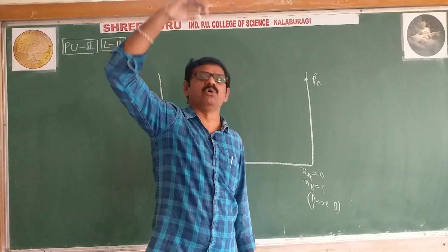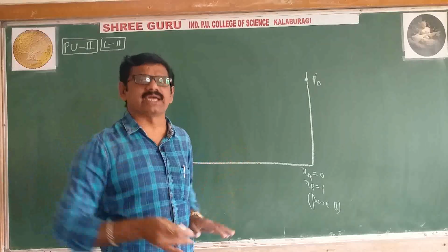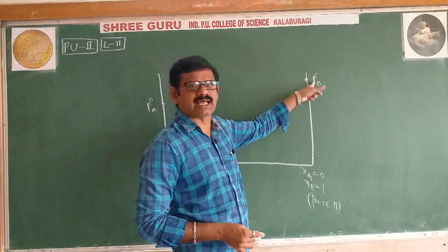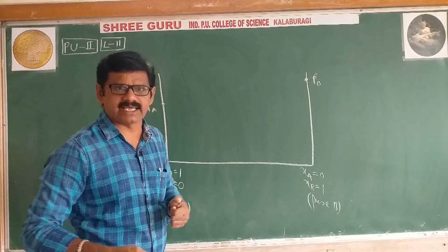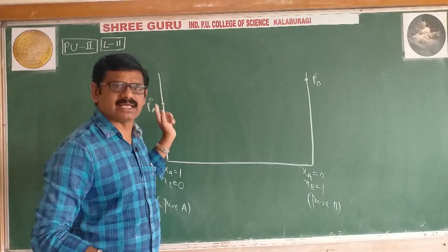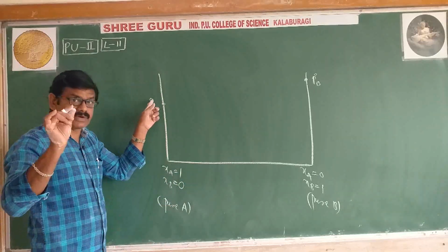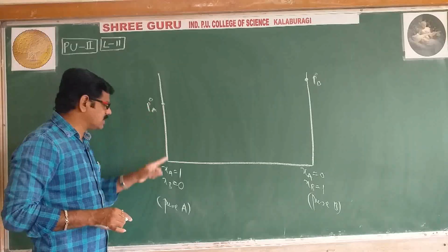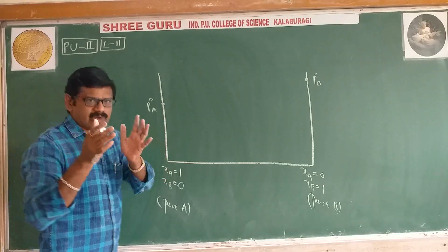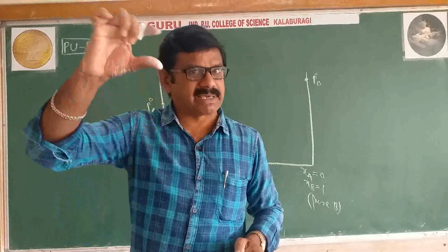Second component is more volatile than the first, like that we have taken. Here B is more volatile than A. More volatile means more vapor pressure; less volatile means automatically less vapor pressure. Why have we taken P naught? P naught means only a single component is there. If only a single component is present, definitely its pressure will be represented with P naught.